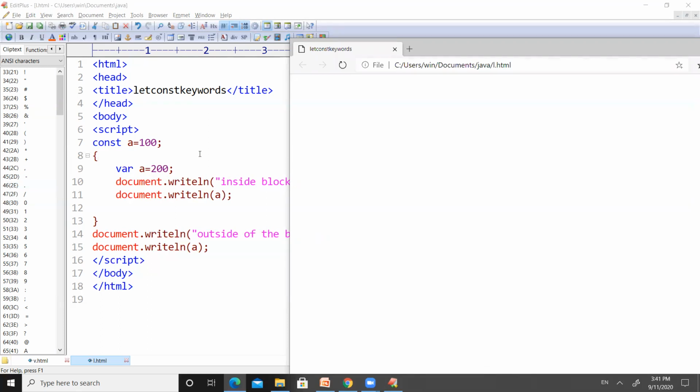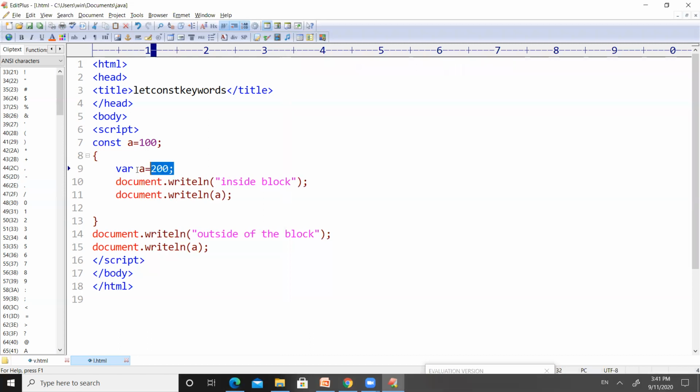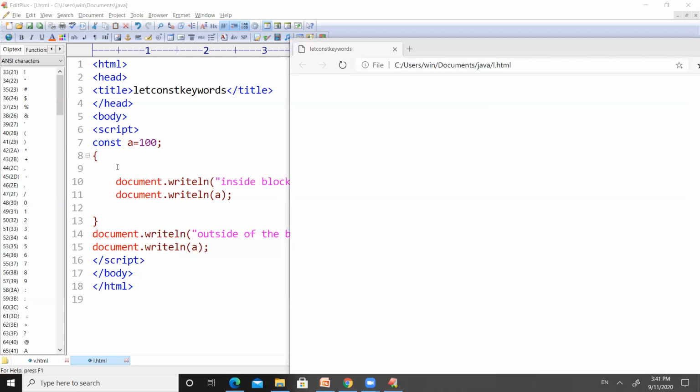No output is because we have made some error here. We are trying to change the value of A to 200, where the variable A is defined as 100. So let us skip this particular line. Let us delete this particular line, right? And observe, save this program and observe the output here by making a refresh.